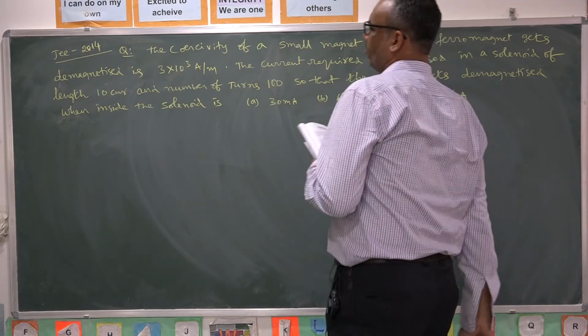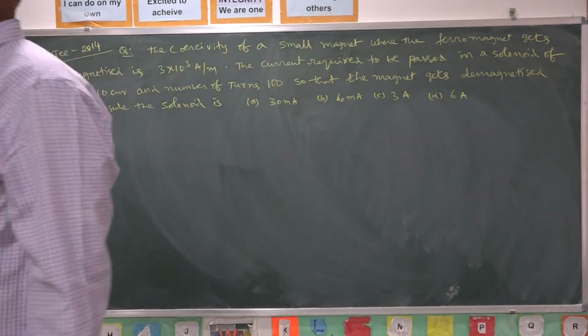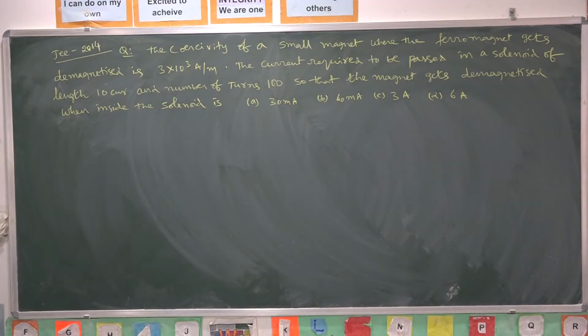This is the question. Read the question carefully. This question is on the basis of hysteresis loop. Hysteresis loop is a curve drawn between I and H or B and H. So based on that, this question is asked. By revising that concept, we can do the solution very simply.